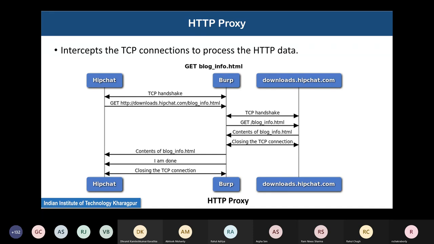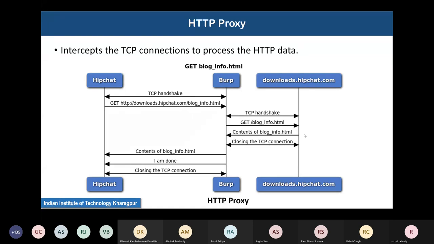This is one important aspect of this proxy business. Okay. So downloads.hipchat.com will be unaware that the actual party which is requesting this is HipChat, some HipChat client with a different IP address than the proxy server. He knows he will be able to see the proxy server when the TCP handshake happens, because the proxy server now will initiate a TCP handshake to set up the connection,